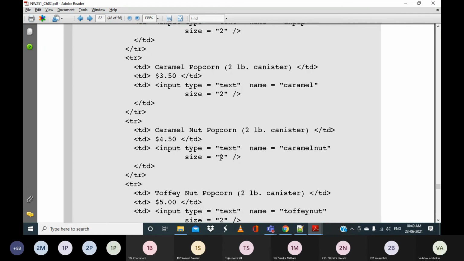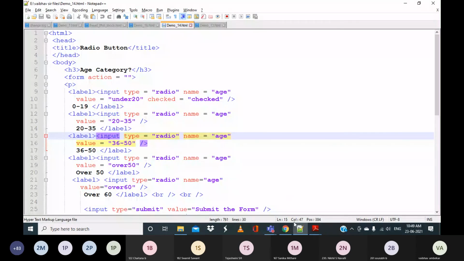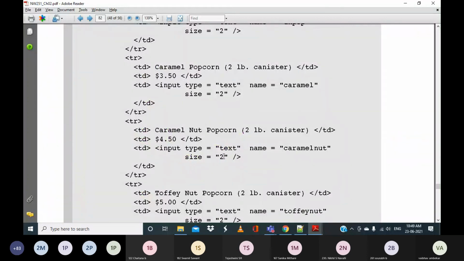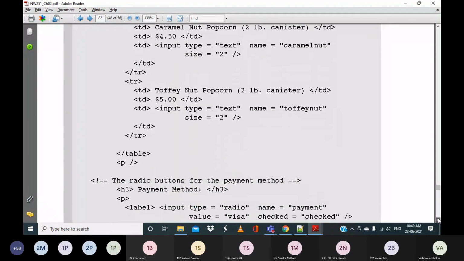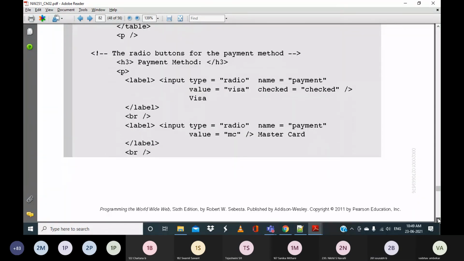So if you want a small size, you can specify the text box size as 2. Are you getting it, everyone? How they have done it? Yes, sir.